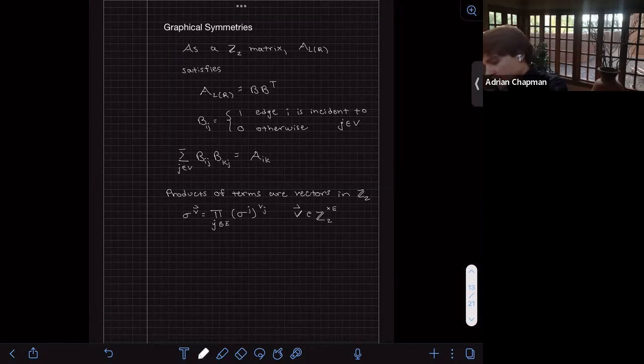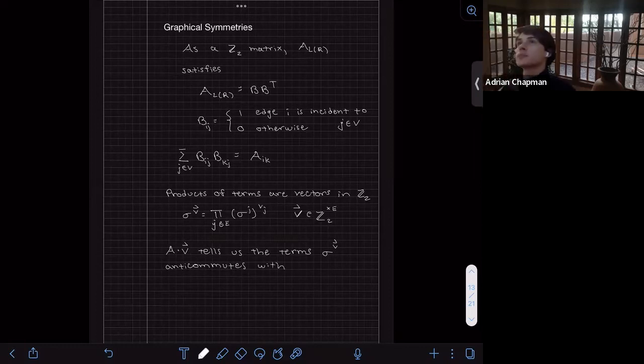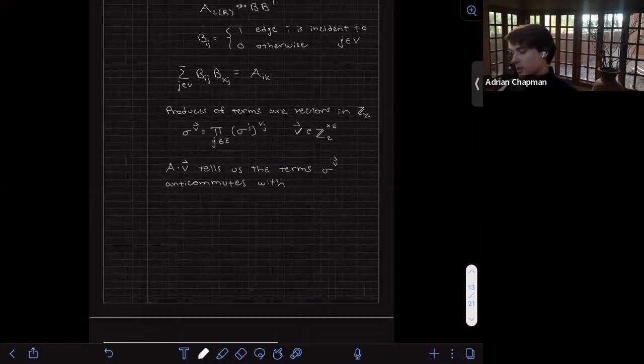And so what that means is that A dot v, the adjacency matrix dotted into this vector, tells us the terms that sigma v anti-commutes with. And furthermore, if I have a v for which A dot v is 0, then that means that there's a Pauli symmetry of the Hamiltonian. So Pauli symmetry is given by